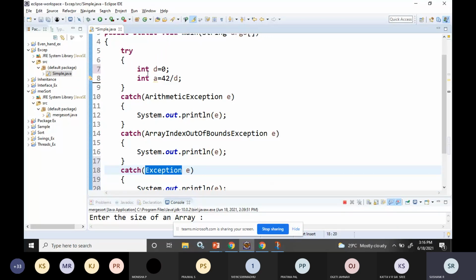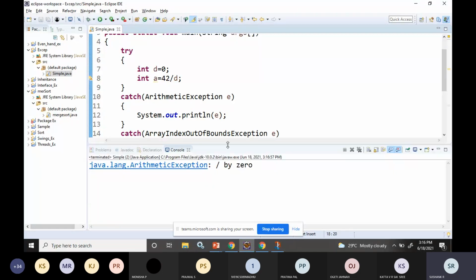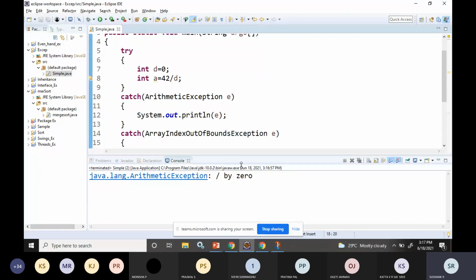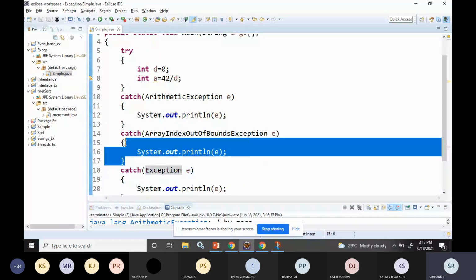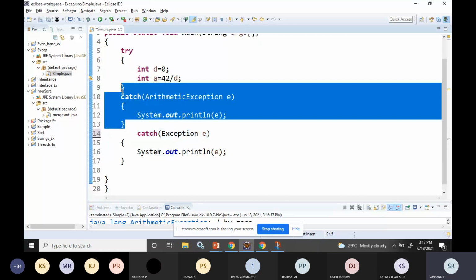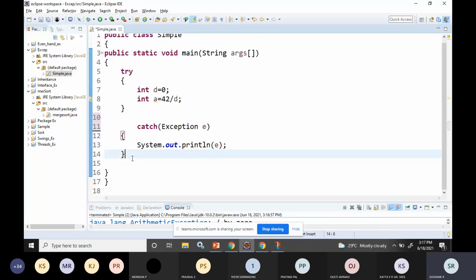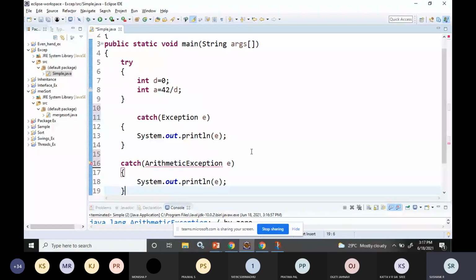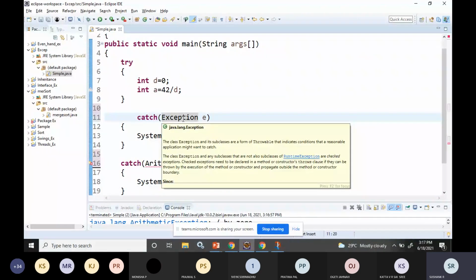If I run like this, I will not get any error. I'll just handle that exception. But if I reverse this, what will happen? You have to check that. Instead of writing like this, I will write the superclass first, followed by the subclasses. I will get an error, because the superclass itself will handle any kind of exception, because of which this code is unreachable. So you can see the unreachable catch block message.